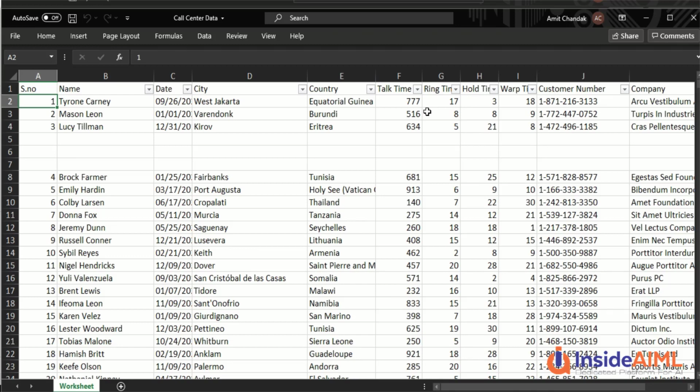So we can go ahead and look at the records where more than 20% of the time, or more than 10% of the time, has been given to ring time, hold time, and wrap up time. So talk time and other time. Other time is ring time, hold time, and wrap up time. Total time we can calculate, and now we will try to do that. Can we do it in data prep? Do we need to do it in Tableau or Tableau Public as a calculated field? So we will try these things out, and then we will analyze this data.